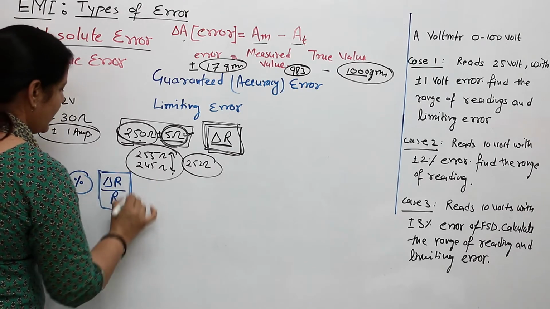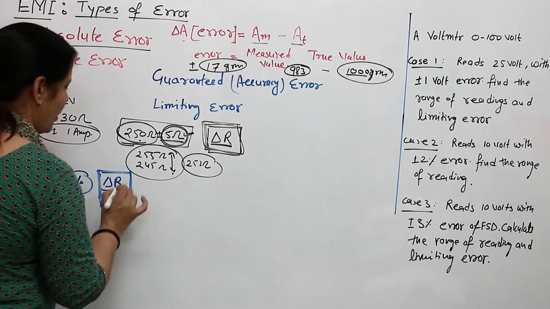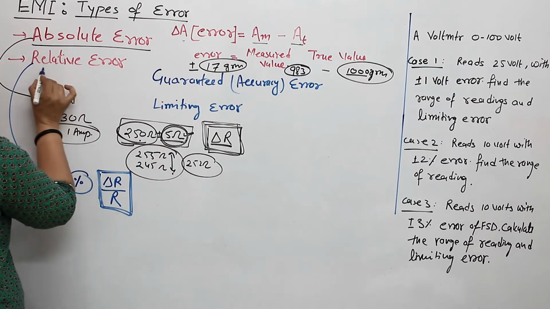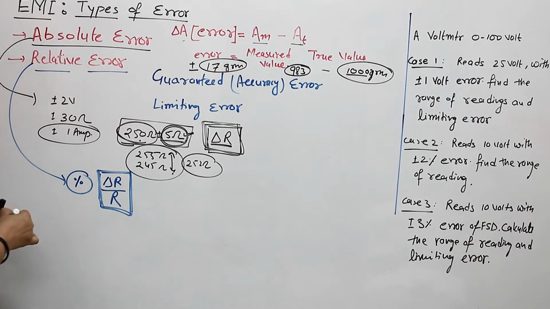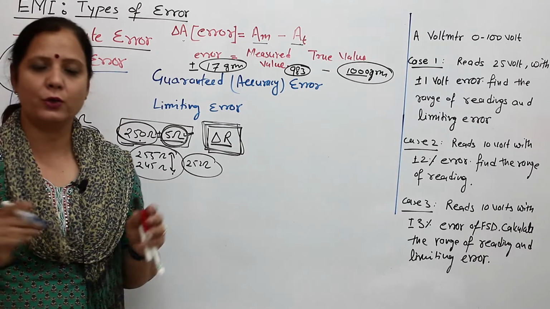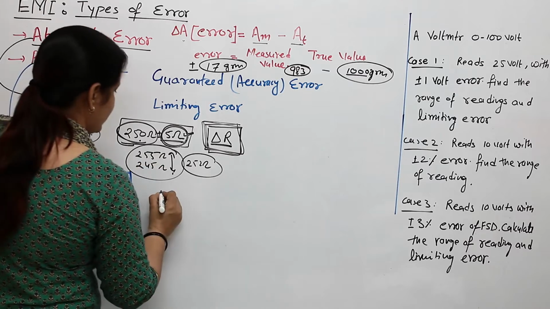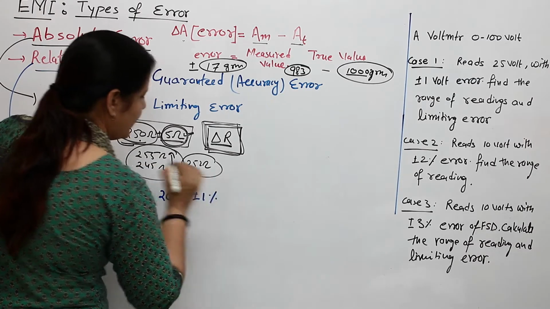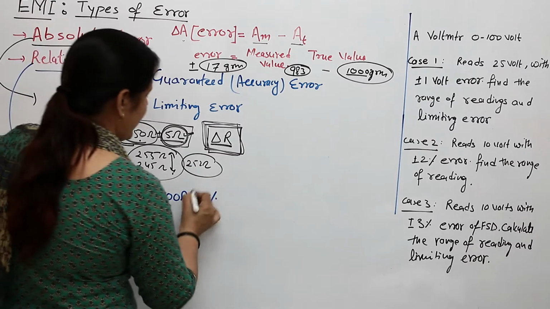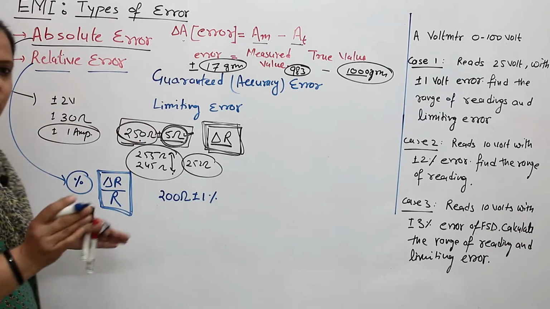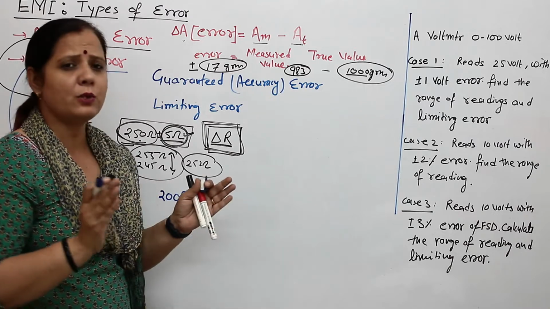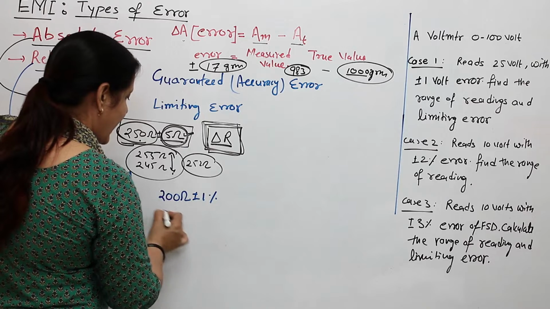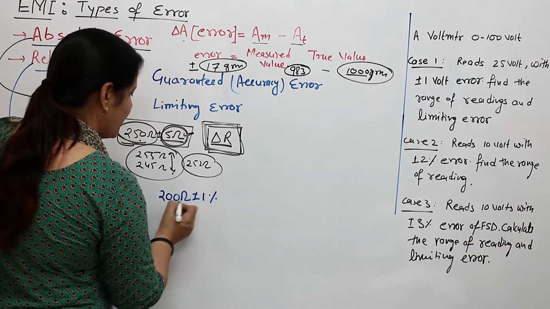But if you are mentioning the error in a ratio format, then this will be mentioned in the examination in percentage, and it is defined as relative error. So relative error will not have any unit. It will simply be mentioned that a resistance has a value of 200 ohm plus minus 1% error, plus minus 1% deviation. When you decode the color coding over the resistance, you find that its value is 200 ohm plus minus 1%. It means it can have a fluctuation of plus minus 1% of 200 ohm.